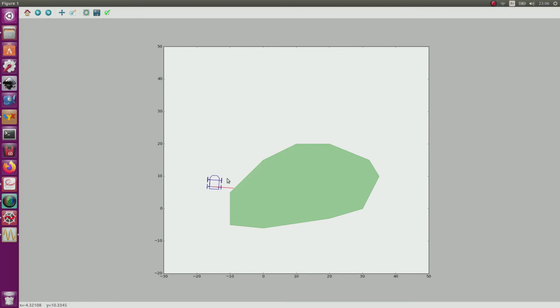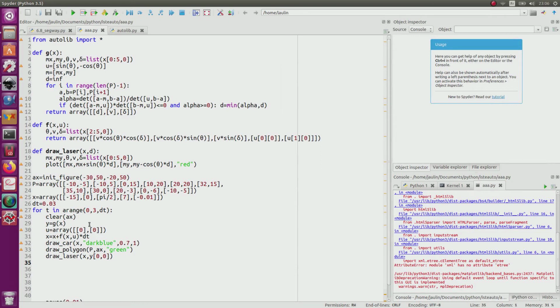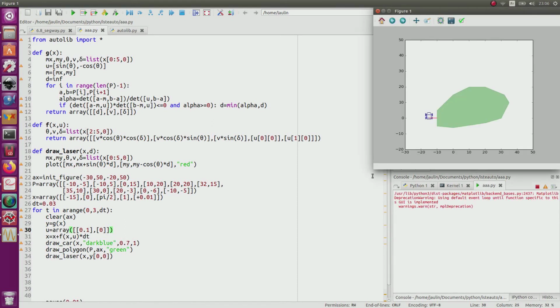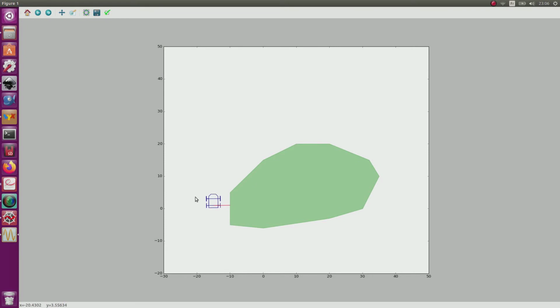and I can see here my car moving like this with the correct distance since I draw the laser. Okay. Now, of course, I can take some other initial conditions. For instance, I can turn left instead of turning right here. I can change the speed. For instance, I can start with a speed equal to 1, and I can accelerate here. Okay. So now, if I run this program, I will obtain something totally different, where I turn a little left.